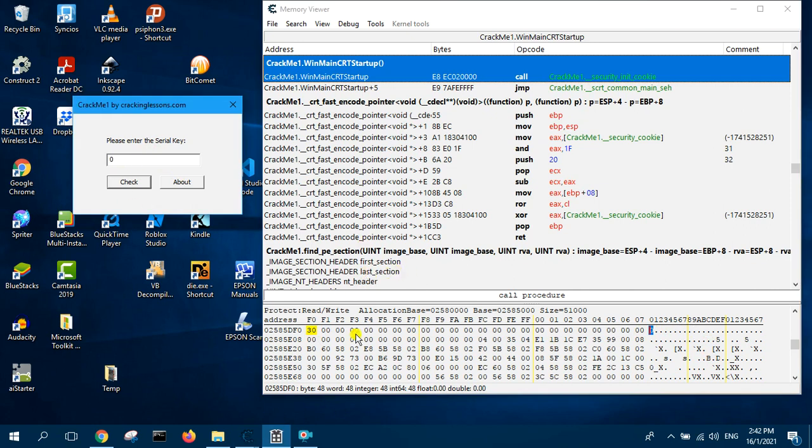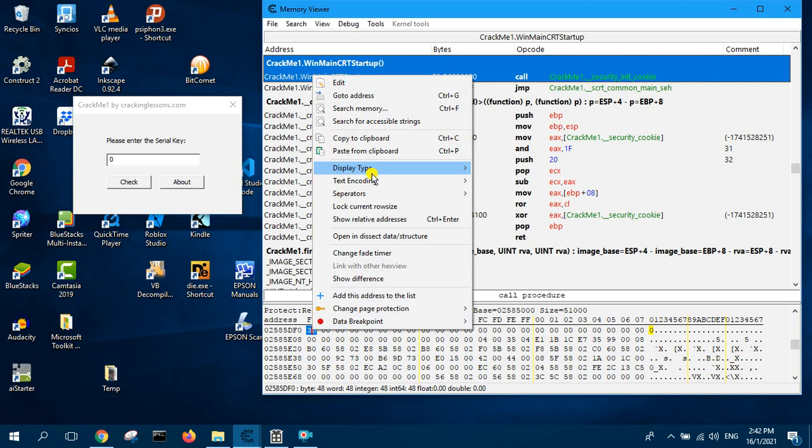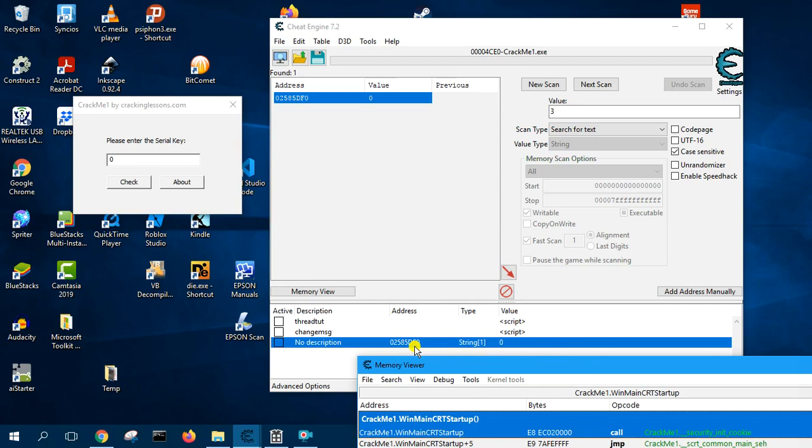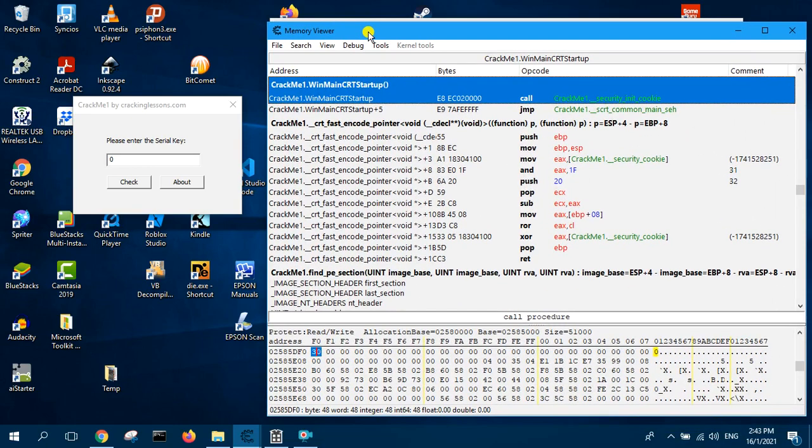So the idea is to keep increasing the hex value for this memory address. So every time you increase the hex value, the effect is to increase the number here, 0, 1, 2, 3, and so on. So to do that, we need to have a pointer to this memory address. So this memory address, we can right click. We already have the memory address in here, so we don't need a pointer. We have the memory address here. So now we can create a script to